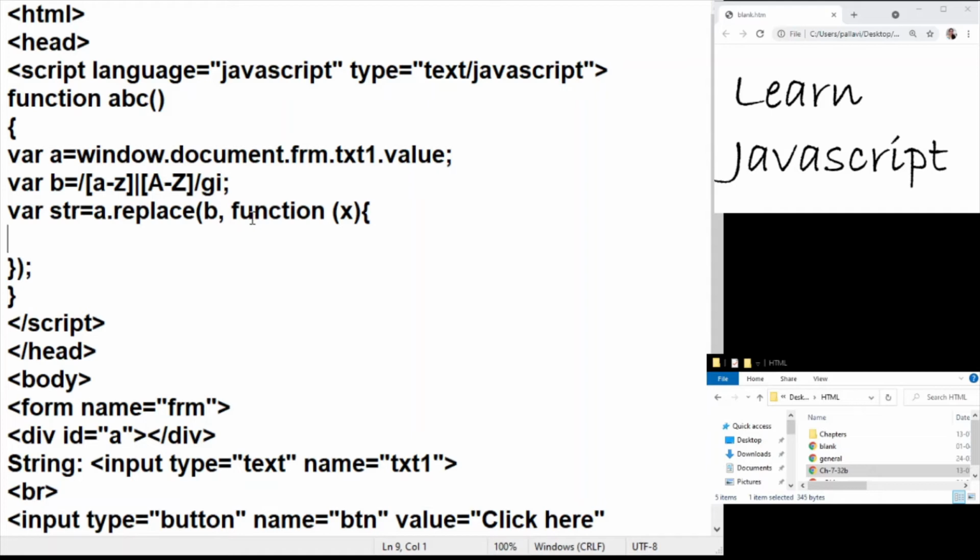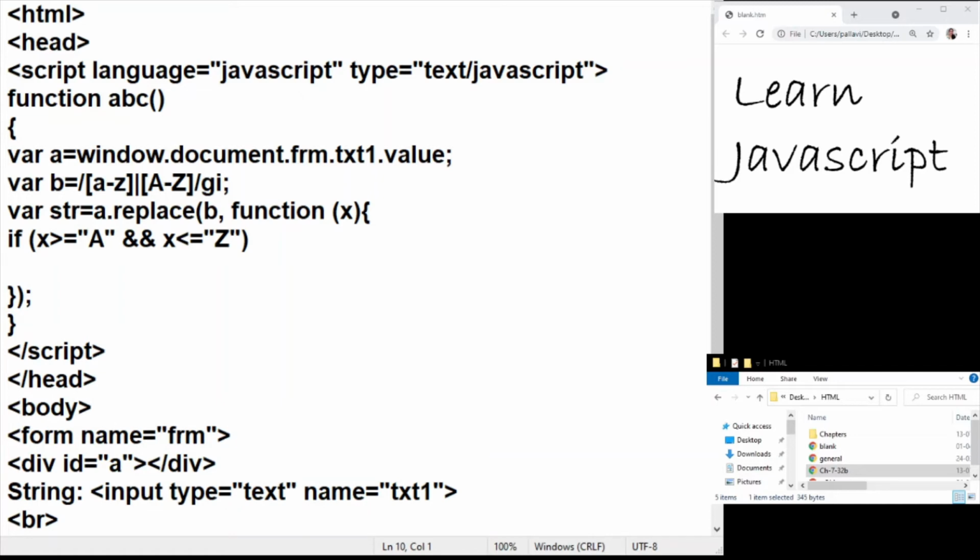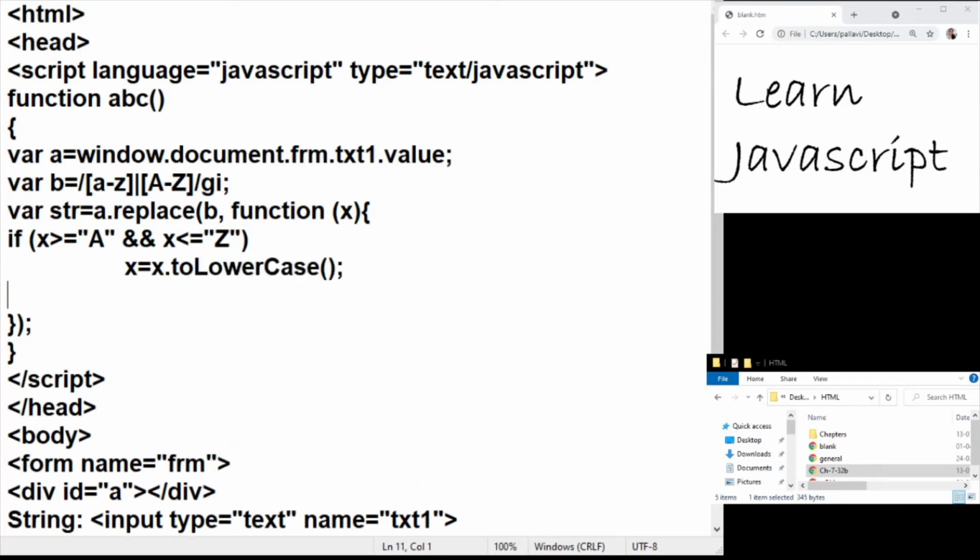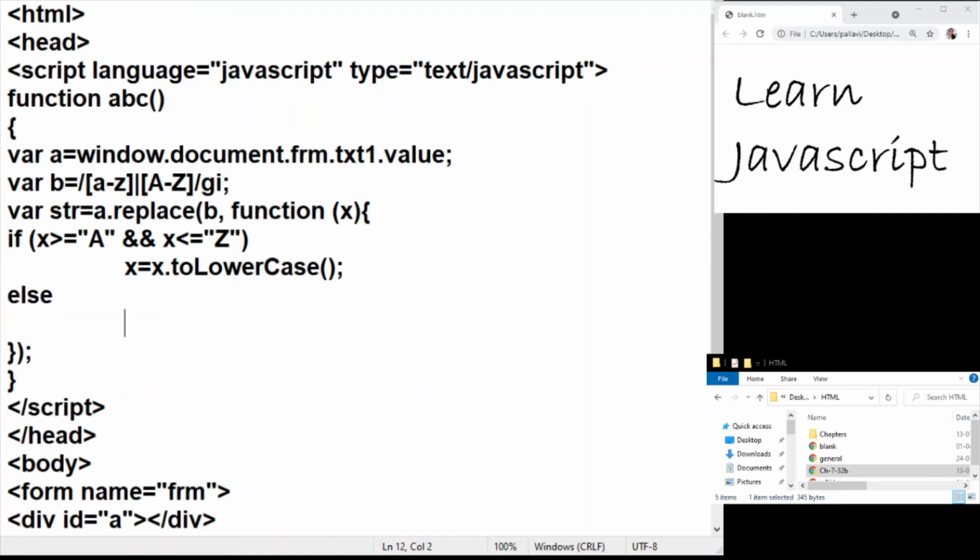What we will do is check on x. What is the value of x? If x is greater than or equal to capital A and x is less than or equal to capital Z, basically what I'm trying to say is if the character is an uppercase alphabet, then I am going to convert it into lowercase, and otherwise I will simply convert it into uppercase.